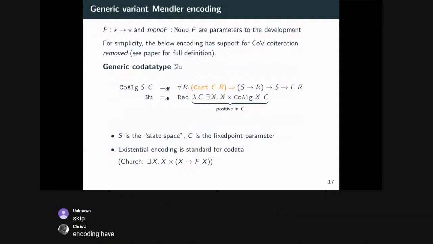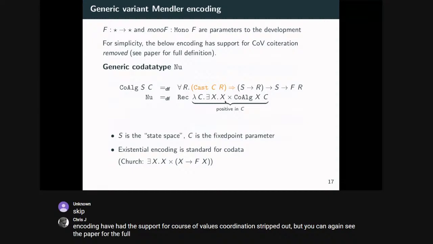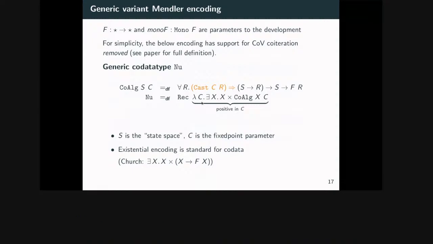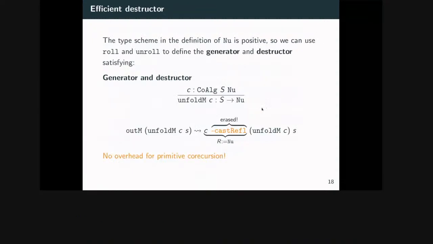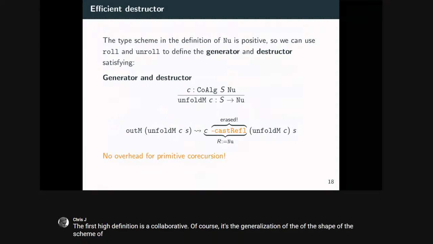So again, proof irrelevant. Then we can define our codata type nu using recursive types and this existential encoding. If you have not seen this before, this is a standard way of defining greatest fixed points in type theory impredicatively. And noticing here that this type scheme is positive in the type argument C, we can see that we can define roll and unroll. We can use roll and unroll to define the generator and destructor, unfold M and out M, satisfying the following